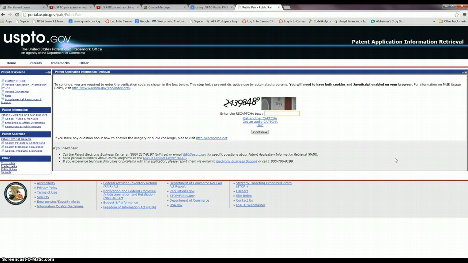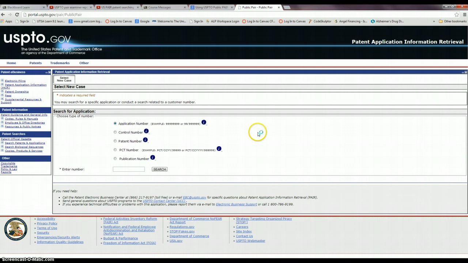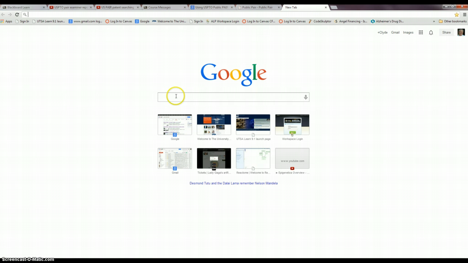Okay. 2, 4, 3, 9, 8, 4, 8, 9. Am I supposed to put a space? It says 1778, I guess. Okay, it worked. What I don't have is a patent number, so let me go to